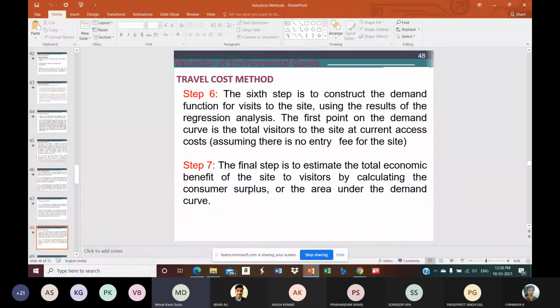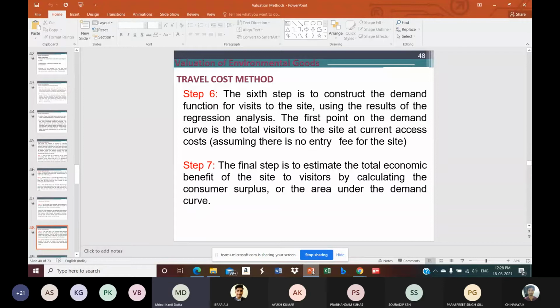Although in the case of market products, the products produced in the market for which price is available, we normally say that price will be giving us the value, actually that is not correct. Price is actually the minimum amount that people are willing to spend for getting the product, but actually they are willing to pay more than what the price in the market prevails. So anything above the price and below the demand curve will represent the value for the customer for that particular product. In essence, the totality of these individual prices people are willing to pay above the price line will represent the value for the product.